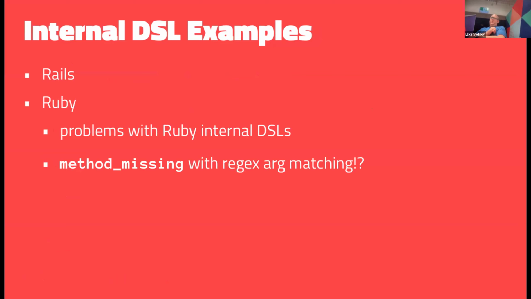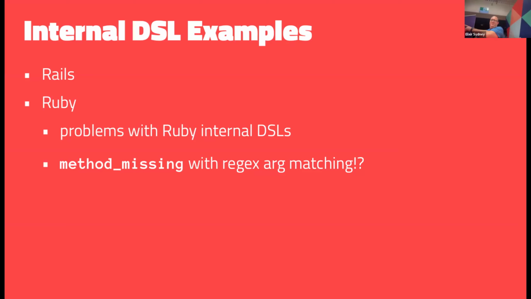Internal DSLs, really Lisp was probably not on this list, but certainly one of the Lisp ideas was you basically made a domain specific language to solve your problem and then solved your problem in that language. My first introduction to internal DSLs was Rails. It certainly started the whole metaprogramming, do a decent DSL within the language kind of thing. I think metaprogramming in Ruby has its issues. There's a reason that I switched to Elixir and never really looked back. I'm sure most of you are in the same boat. There are a lot of foot guns sitting in Ruby.